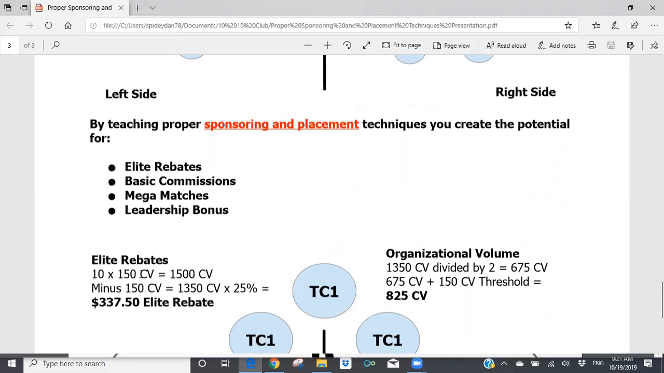Now, I'm going to move over into what's called organizational value. If I'm doing proper sponsoring and teaching the people that I've sponsored to replicate this, where they're now building their customer base to the point where they've got 10 monthly orders per month, and they're then also teaching their personally sponsored distributors to do the same thing. If they have 10 customer orders per month,